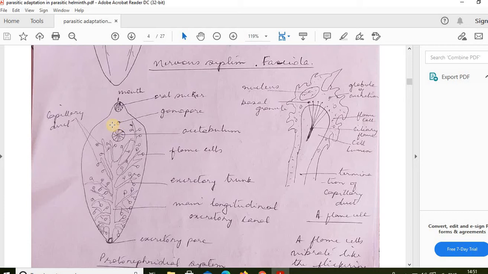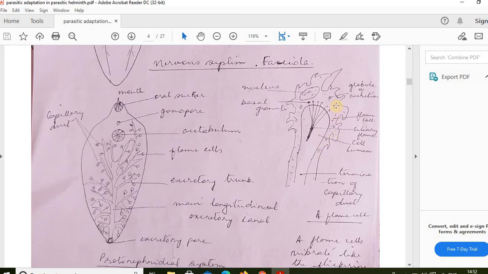follow a specific pattern referred to as flame cell pattern. So these flame cells have a pseudopodial process. These are known as basal granules, in which the cilia arise, and these cilia move like a flame. So this is a cell membrane,